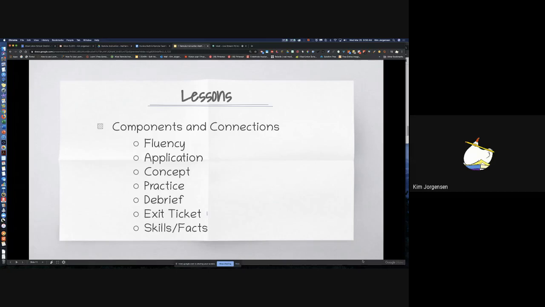So fluency is one of the ways you can hook your students into the math lesson. The fluency is supposed to be an engaging warm-up activity, and you can't just rely on sprints anymore. But there are other fluency activities in there that are much more active. So be brave, turn the camera on yourself, and do those happy counting things.